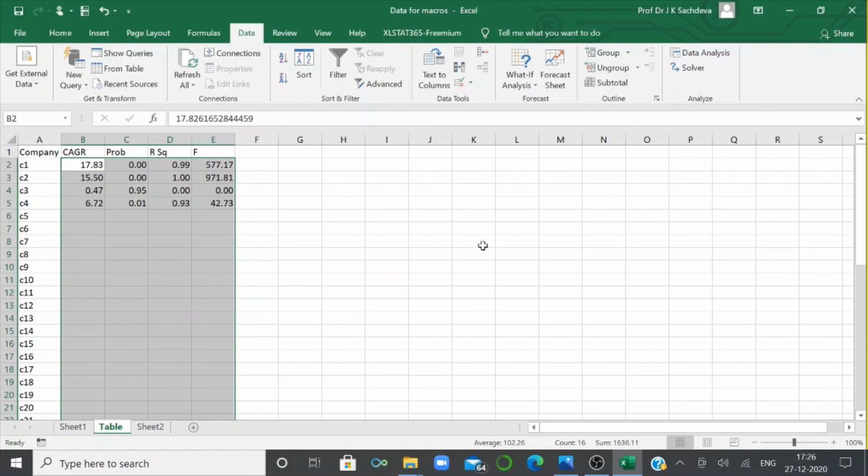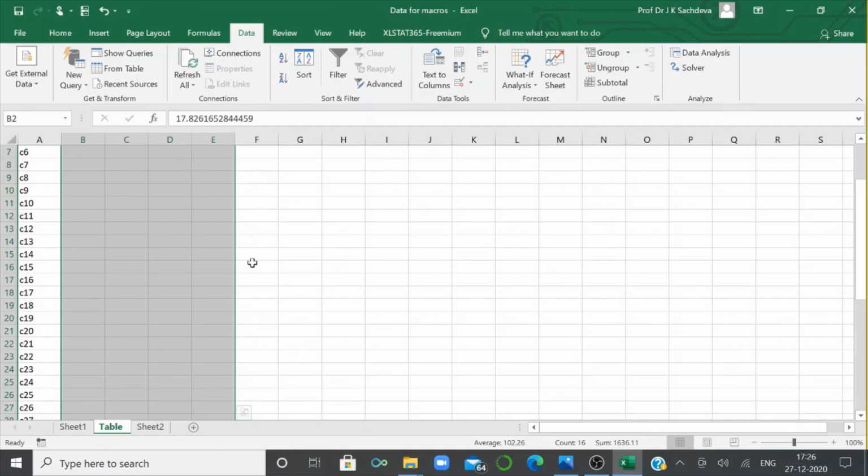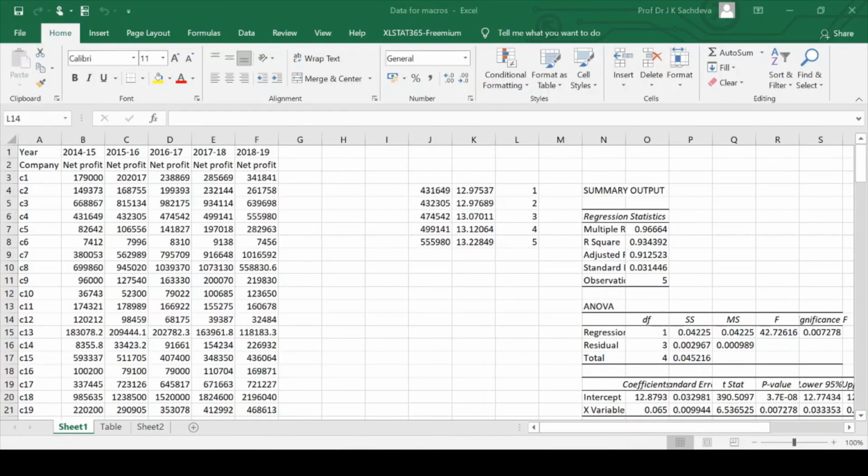So you can compare the compounded growth rates, and by using these macros, you can save a lot of time. You can copy, paste, create new tables. You can work with the data, and you can do a lot of work with these macros. They will save a lot of time when the data is large, big data. Thank you very much. Thanks for watching. Happy learning. Thank you.